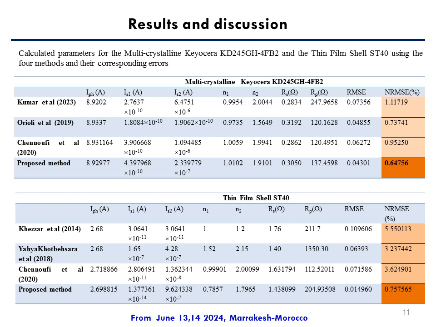Here we have the calculated values of the 7 electrical parameters for the two PV modules when using the proposed method compared with other methods of the literature. As you can see here, the proposed method corresponds to the best accuracy of prediction of the electrical characteristics by yielding the least values of the normalized root mean squared error when compared to the other methods of the literature for both PV modules. For the multicrystalline, the value of the normalized root mean squared error is about 0.65%, and for the thin film is about